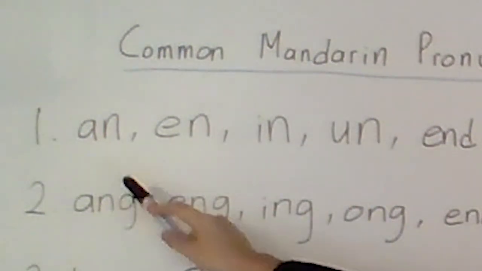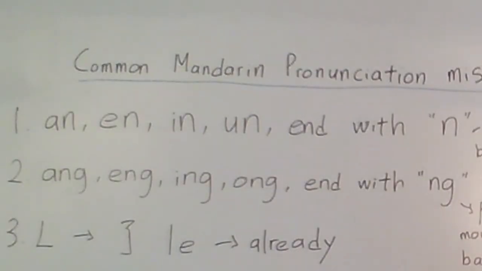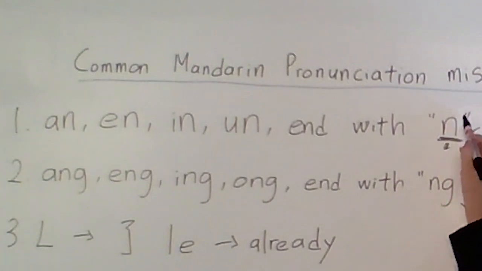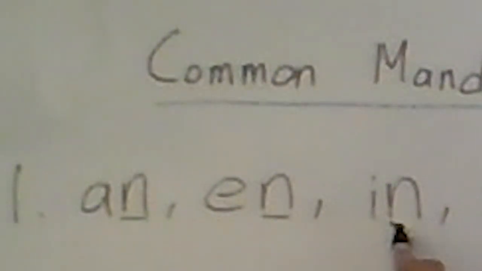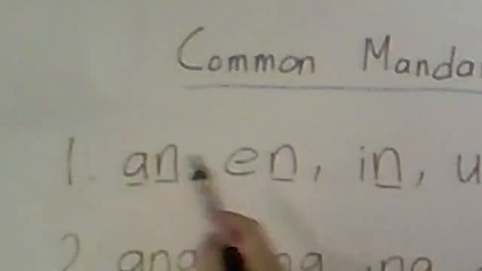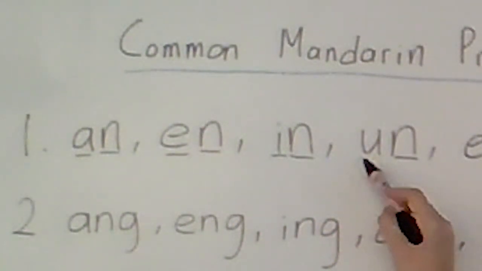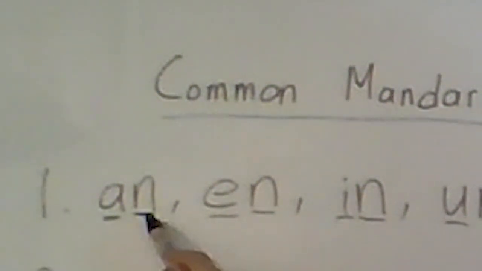Okay, let's see how to pronounce this one. They have a common thing: this one ends with a nasal final sound. This is the initial of R, this is the initial of O, this is the initial of E, this is the initial of U. R plus the sound is